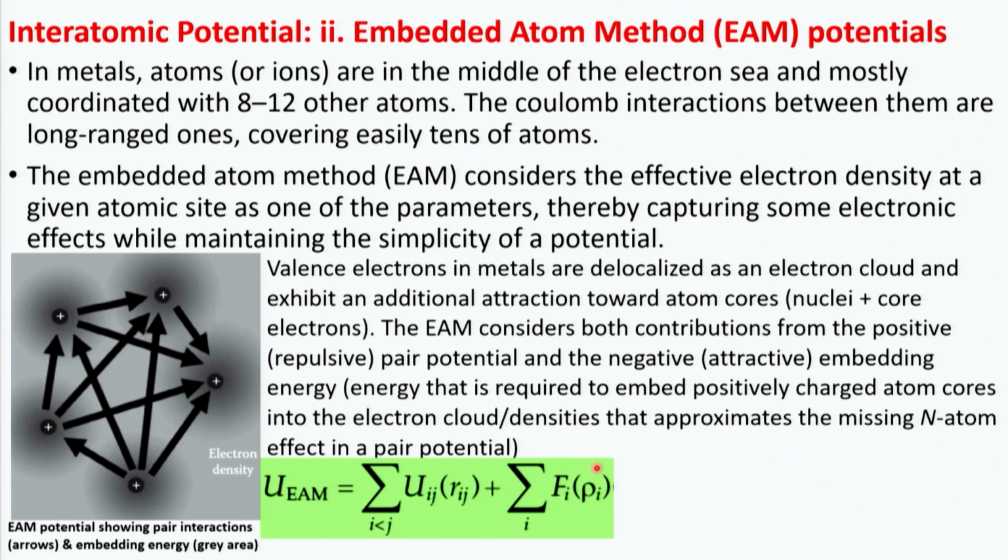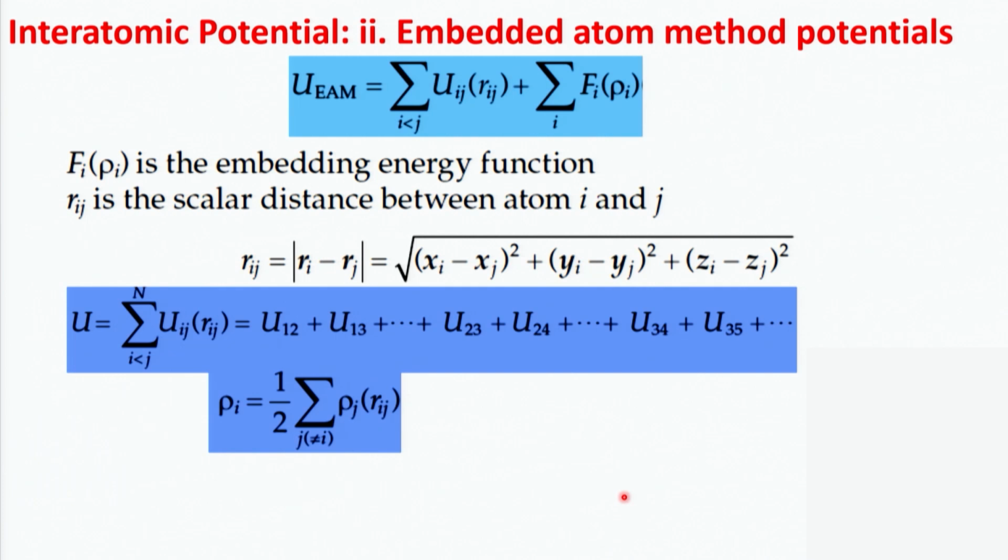DFT-based calculation. So fitting this EAM potential is also time consuming, and if you have different setups, let us say different alloys, it also takes time to get this EAM potential. Some ready-made potentials are there for some selected systems like copper, aluminum and so on. In the case of the EAM potential, essentially the second term is the embedding energy function,